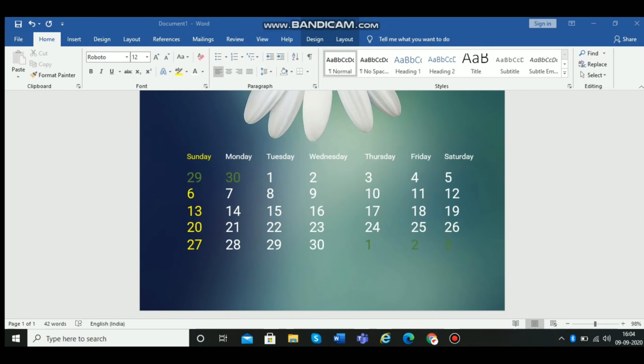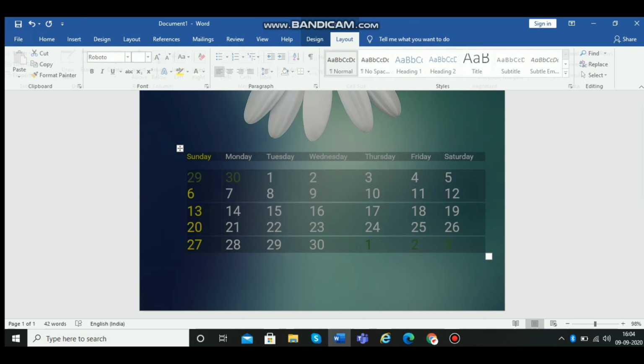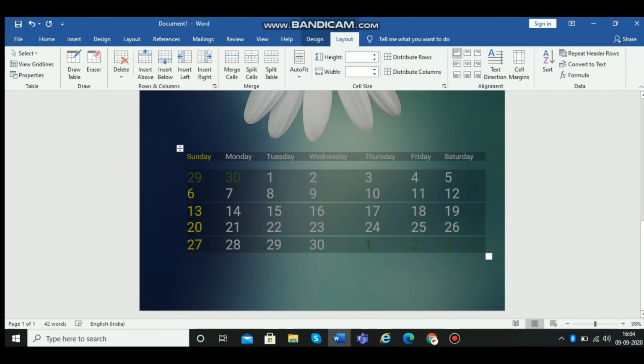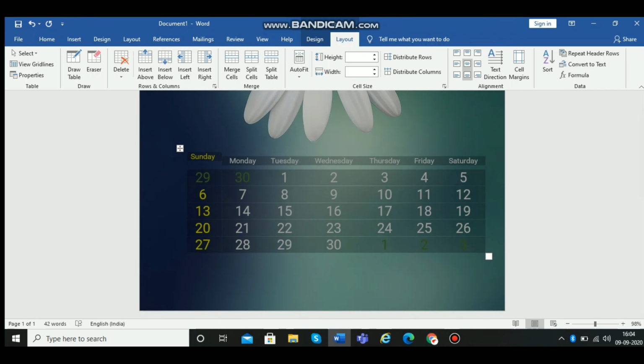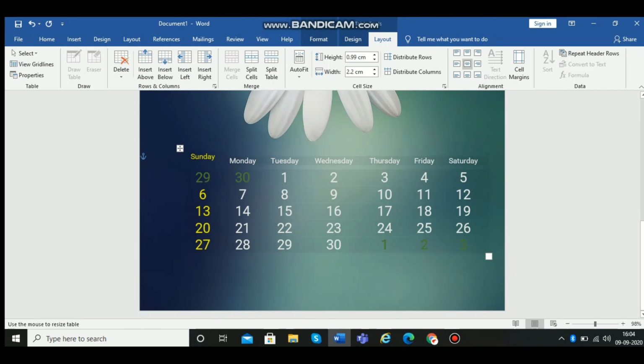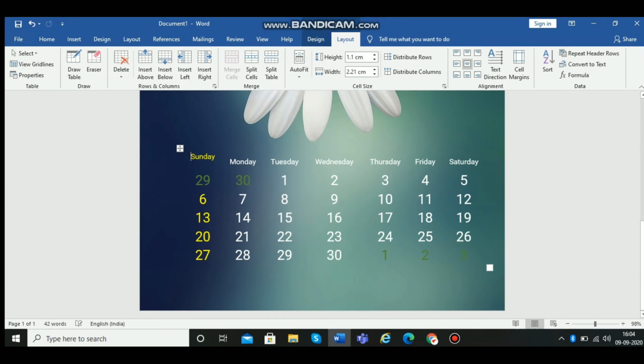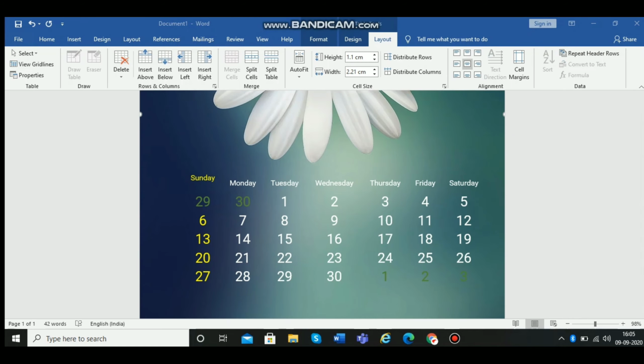After giving it a color and a good font, what we'll do is that we'll align them on the center. For that we'll have to select all of it and then go on layout and then click on the center option. Perfect. And now what we'll do is that after aligning them on the center, we'll give them a line of border something in between of the days and the date, which would look really good.